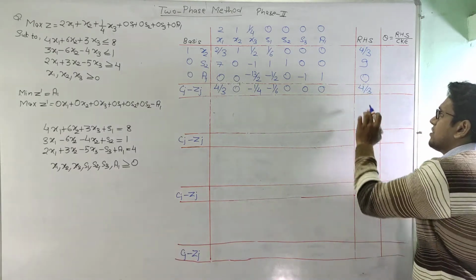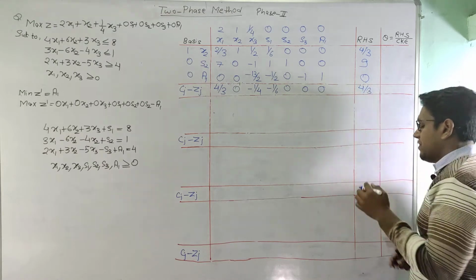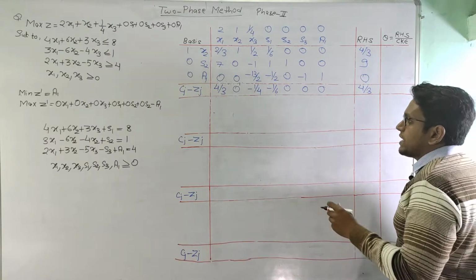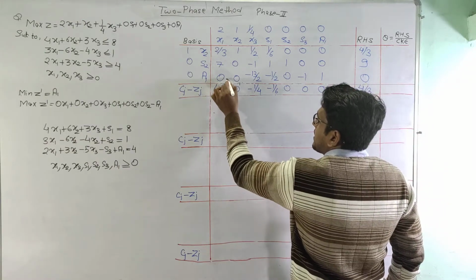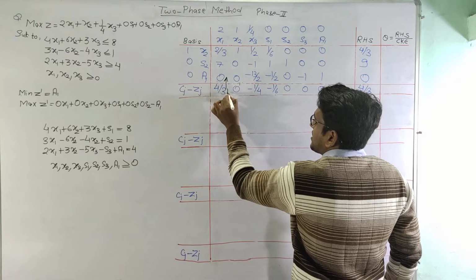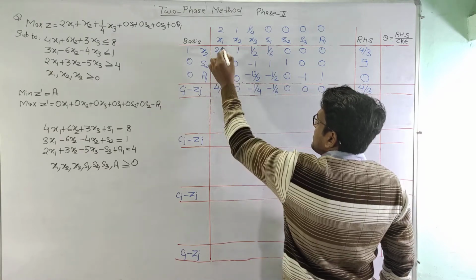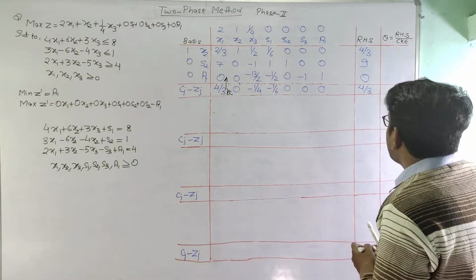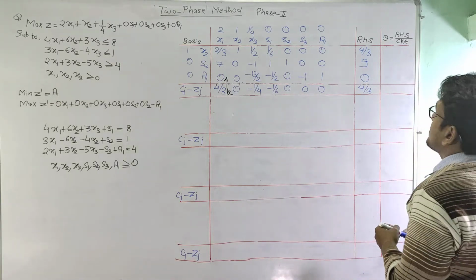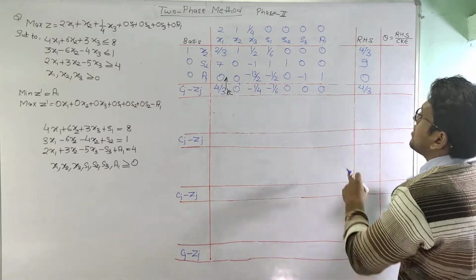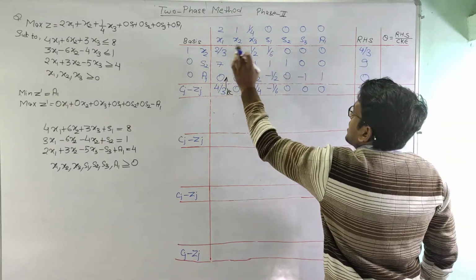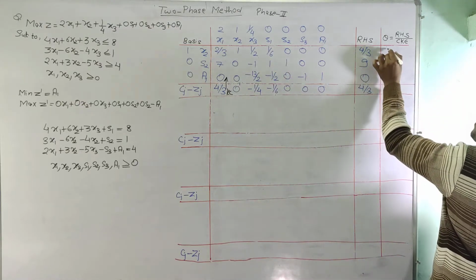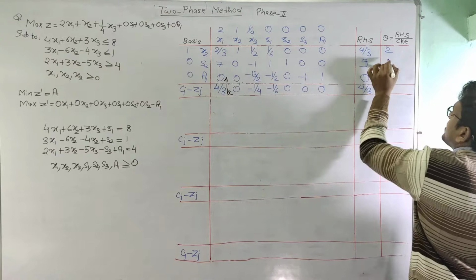So this is our first matrix in the second phase, and as we can see, one of the values is coming as positive. That means we will select this variable as our key column, and it suggests that variable x1 will now enter the basis. To calculate the leaving variable, we will calculate the value of theta, which is the right hand side value divided by the corresponding key column element. So 4 by 3 divided by 2 by 3 is 2, 9 divided by 7 is 9 by 7,